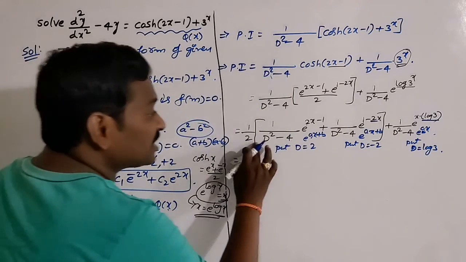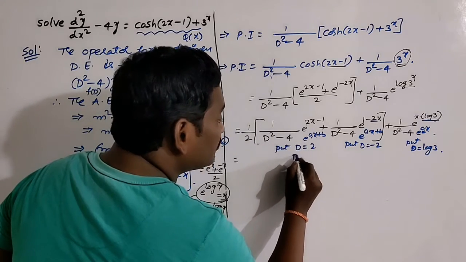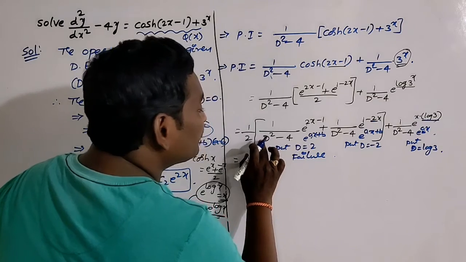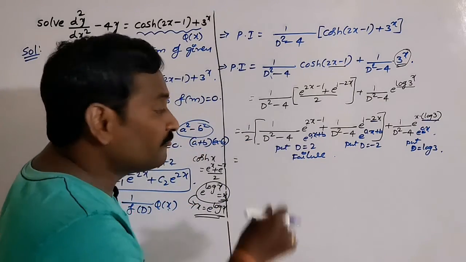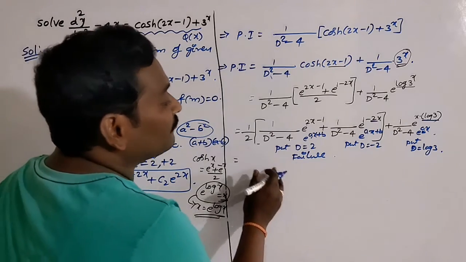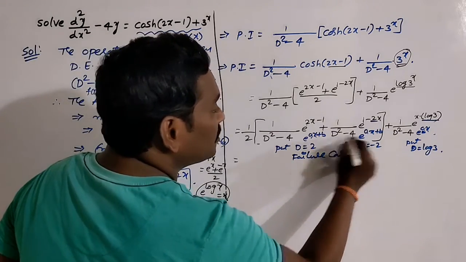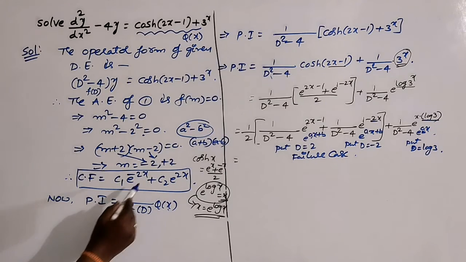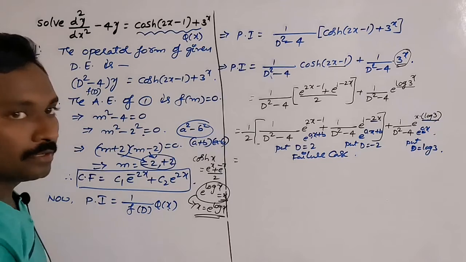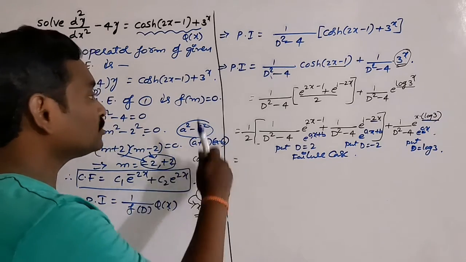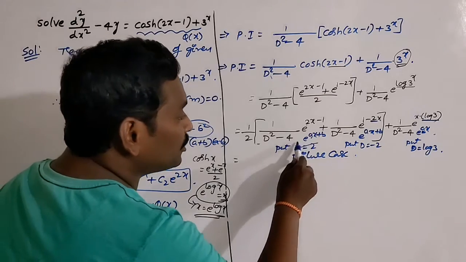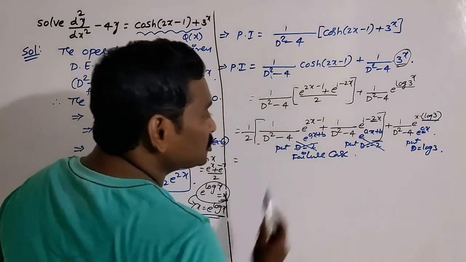Okay, but in the first two parts you will get a failure case. Whenever we replace d is equal to 2, immediately we will get 4 minus 4, which is 0. If the denominator is 0, 1 by 0 becomes infinity. That's why this is called a failure case. In both cases we are getting failure cases, since minus 2 and plus 2 are the roots of the denominator. If we replace the roots in that equation, you will get 0. That's why don't put d is equal to 2 here. Don't put d is equal to minus 2 here.